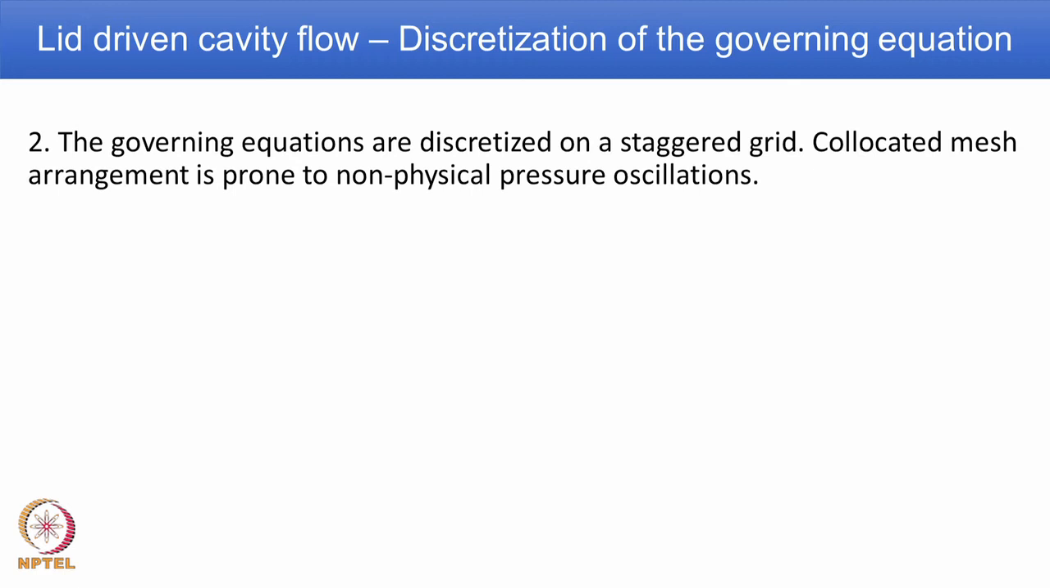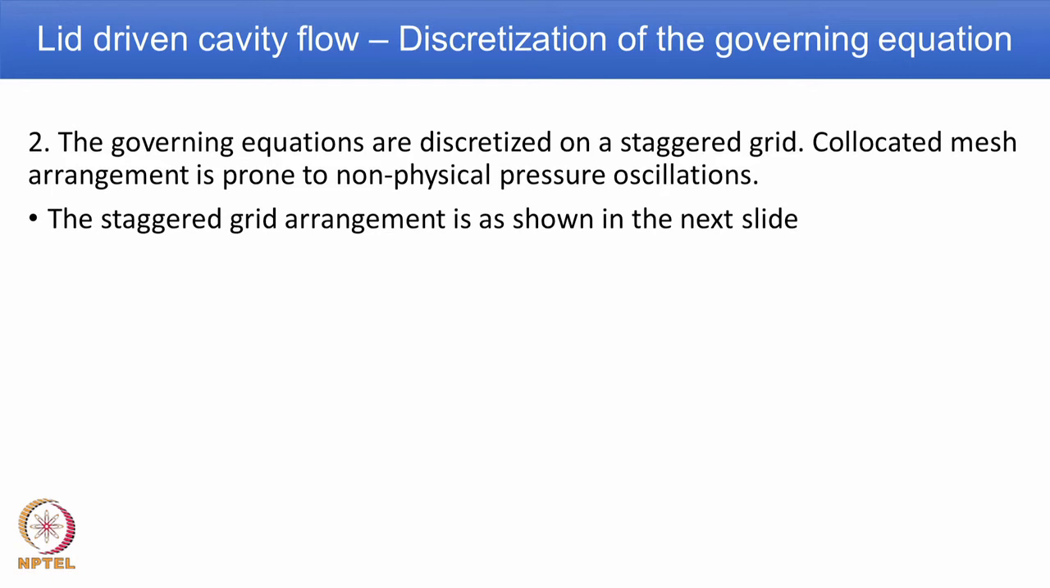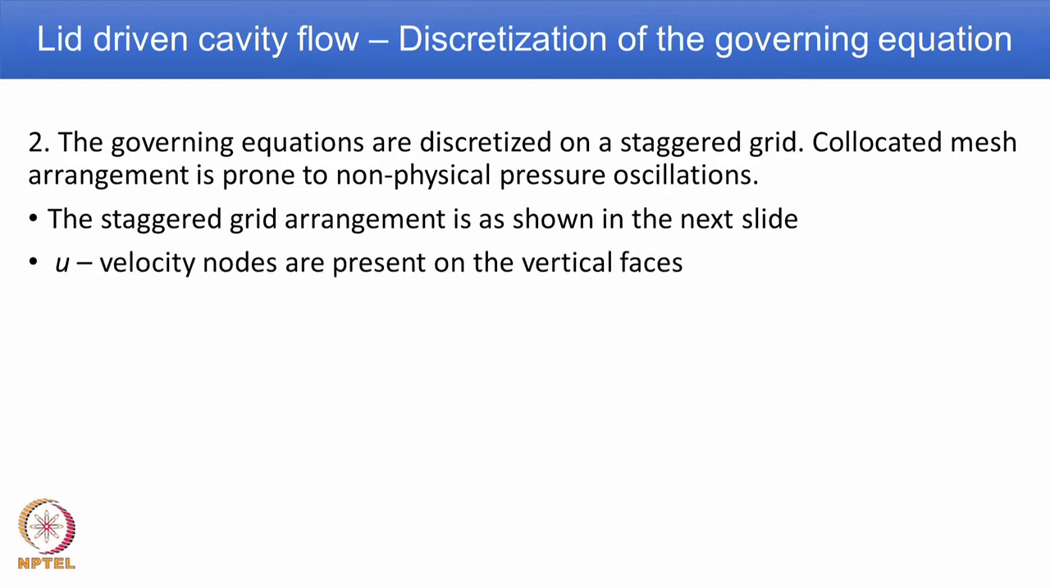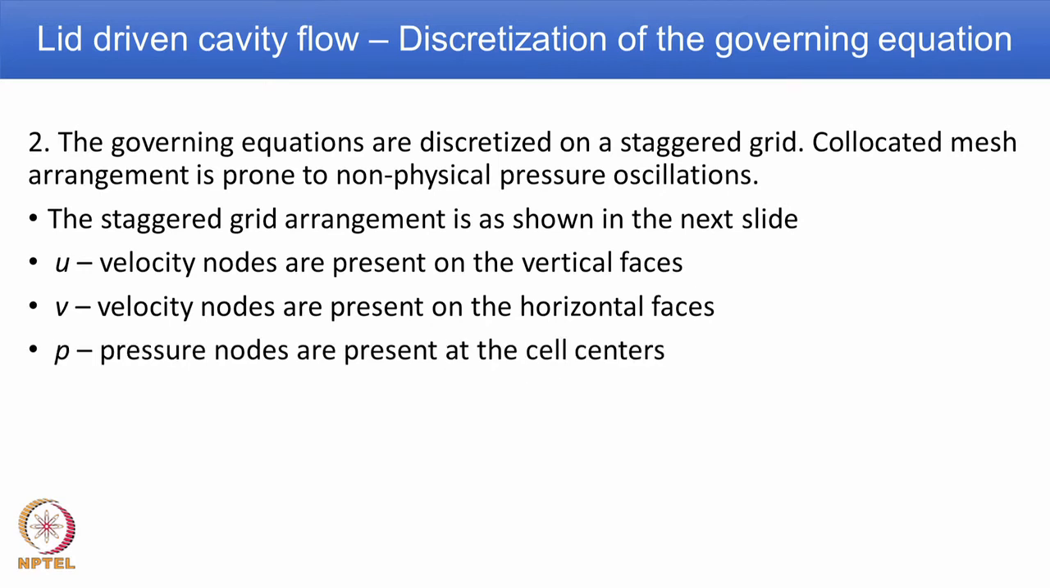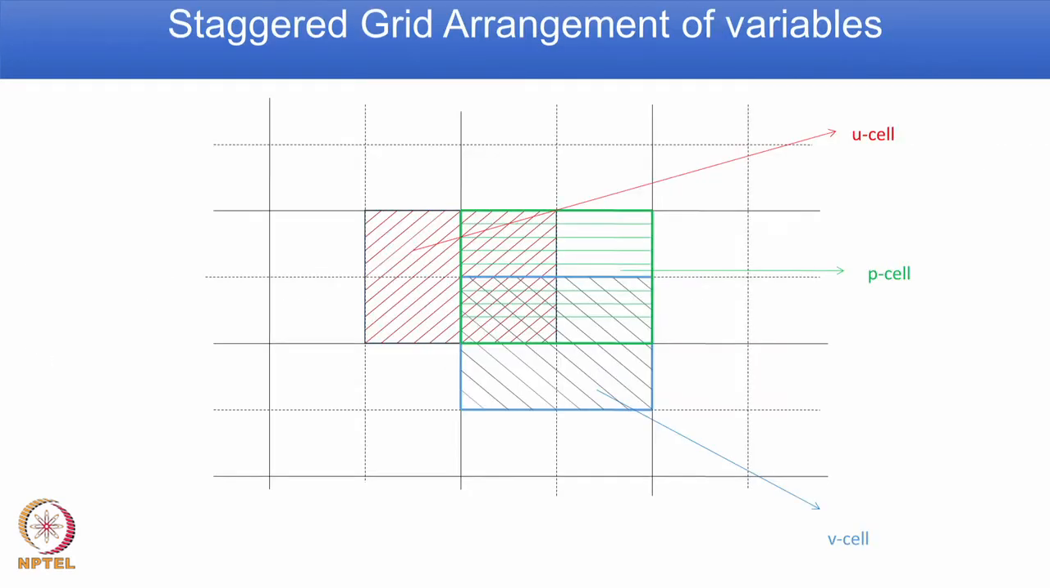The governing equations are discretized on staggered grid. We mentioned in the last module we have 3 options: staggered grid, collocated grid and semi staggered grid. Collocated grid results in oscillation, hence we go for staggered grid, and we are using finite difference method to solve the equation. The staggered grid arrangement is shown in the next slide. U velocity nodes are present on the vertical faces and V velocity nodes are present on the horizontal faces. Then pressure is stored at the center of the cell, and this is a schematic to explain what a